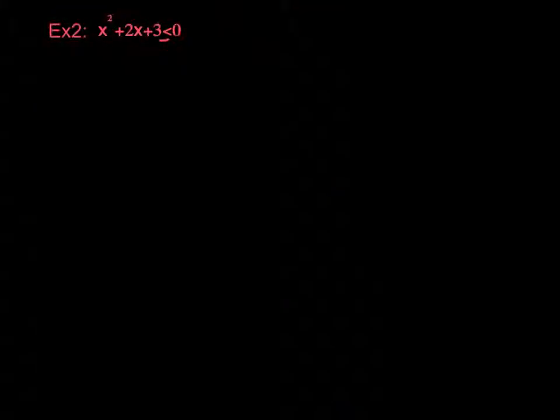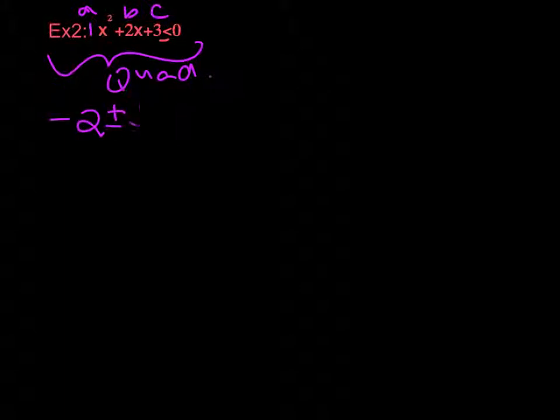Next one, x squared plus 2x plus 3 less than or equal to 0. There is nothing that's going to multiply to be a positive 3 and add to be a positive 2. So you're going to have to do the quadratic formula on this, because the critical points might be radicals. My a is 1, my b is 2, my c is 3. So negative b plus or minus the square root of b squared minus 4ac